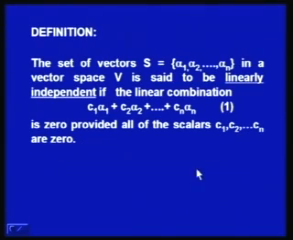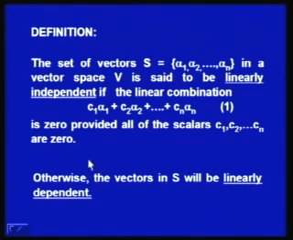For this, we will be giving some definitions first and then some results. The first definition says that the set of vectors S consisting of alpha 1, alpha 2, alpha n in a linear vector space V is linearly independent if the linear combination of these vectors, that is C1 alpha 1 plus C2 alpha 2 plus Cn alpha n is 0 provided all the scalars C1, C2, Cn are 0. If this is possible, then the vectors are linearly independent,